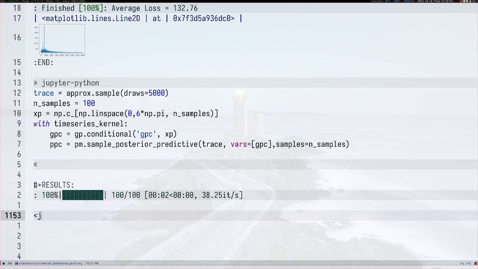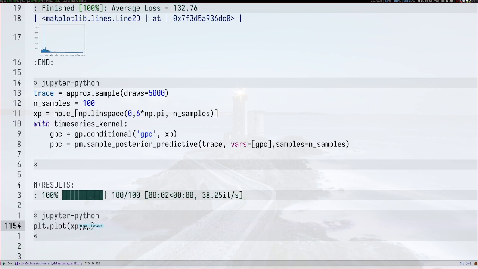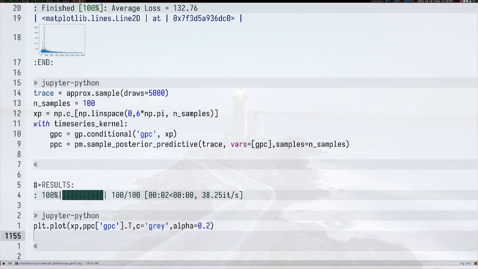And now we can plot. So plt.plot. We're going to plot on the horizontal axis XP, and then on the vertical axis we're going to plot our posterior predictive values. So we transform it to get it into the right shape, otherwise matplotlib might complain. The color is going to be gray, and we can specify an alpha, so a transparency of 0.2. So this is going to be our predictions, and we're going to add